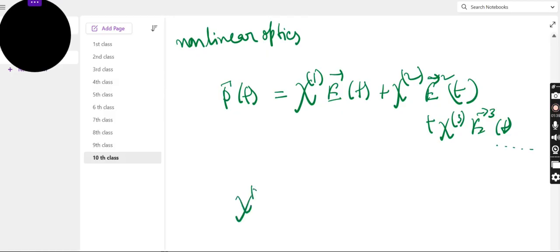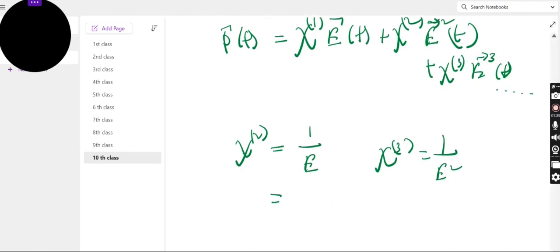So chi 2 has the dimension of 1 by E. Chi 3 has the dimension 1 by E square. So that in Gaussian is centimeter by stat volt,